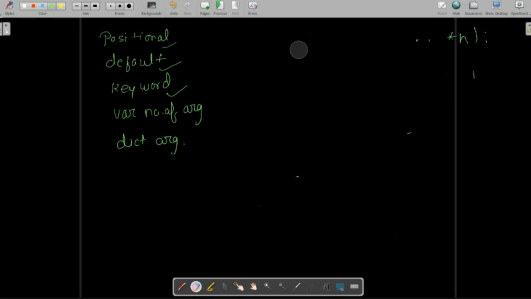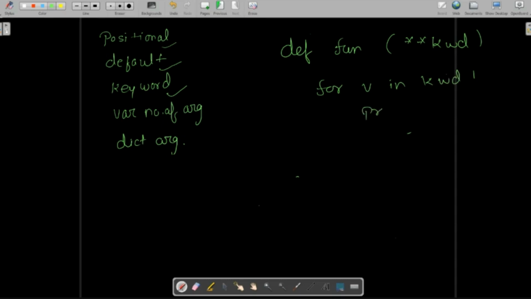At last is the dictionary argument. For the dictionary argument, you will see this type of definition: def function, and you are doing something like for v in kwt and you are printing kwt v. Whenever you see the double star over there, you can assume it as a dictionary. So whenever you call this function, it will be called like that. Function